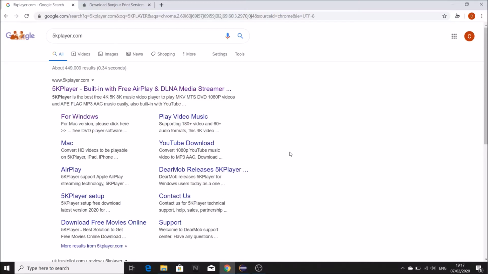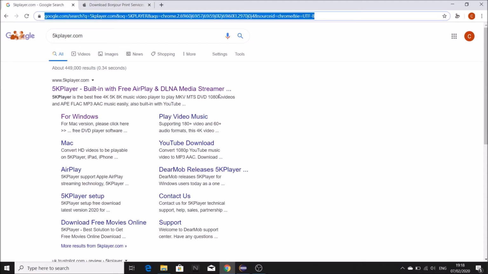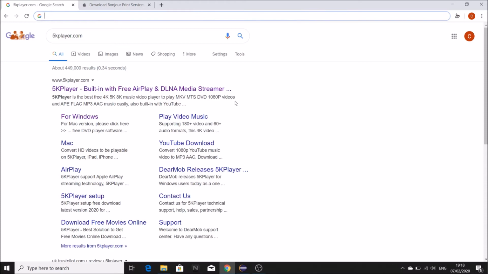And today I'm going to be showing you how to mirror your screen from your iPhone onto your PC or laptop. And it's pretty easy. I'm just going to go through it in a couple of steps and I'll tell you what you need to do. So the first thing you need to do is look up a website on Google or whatever search engine called